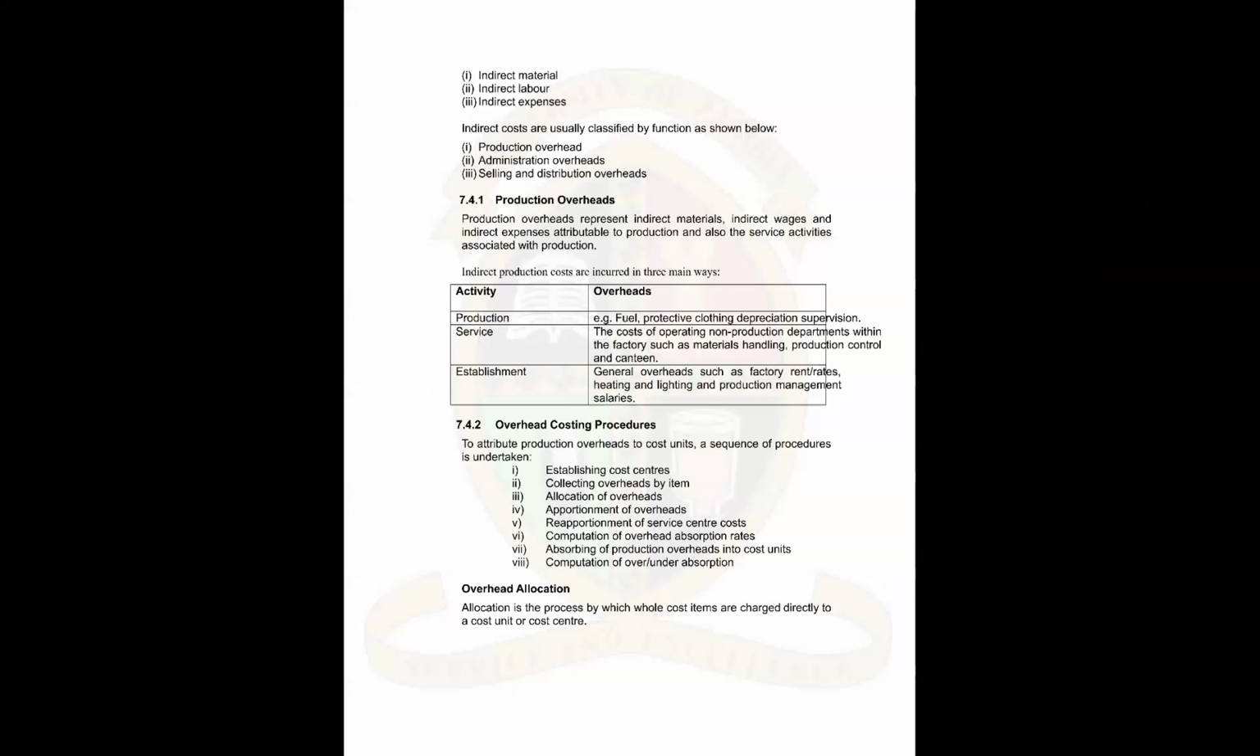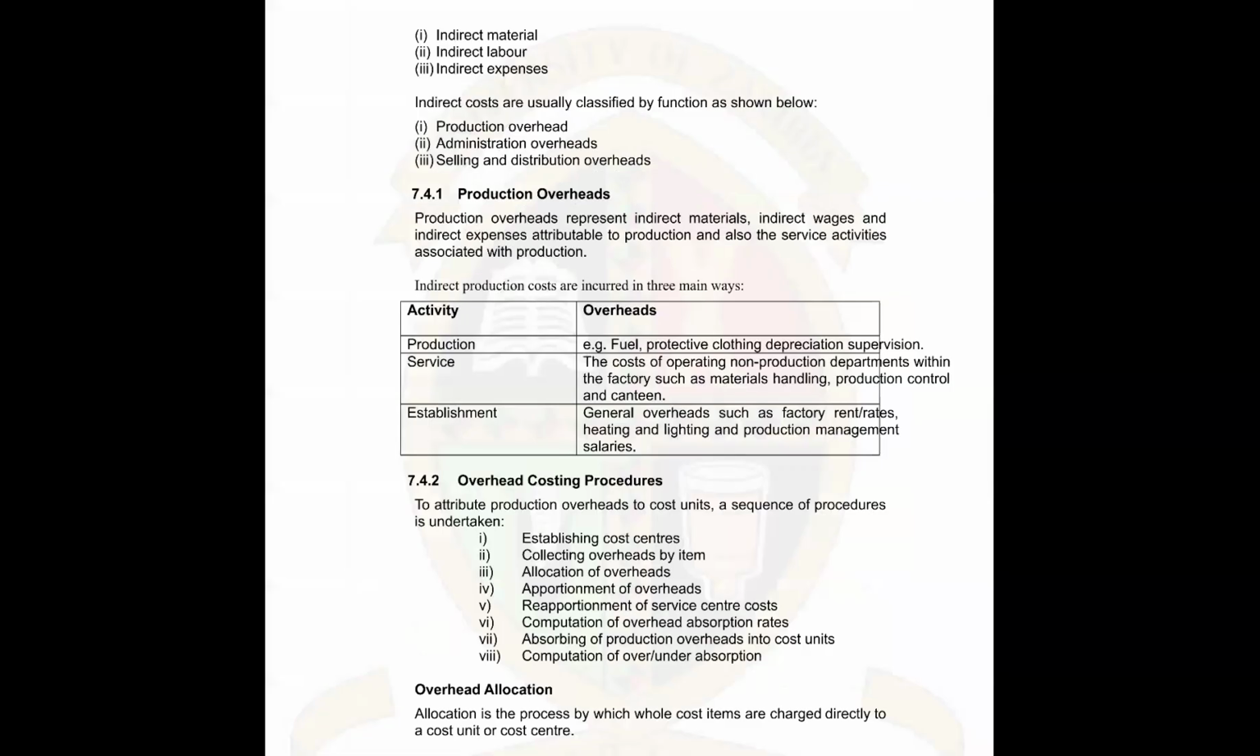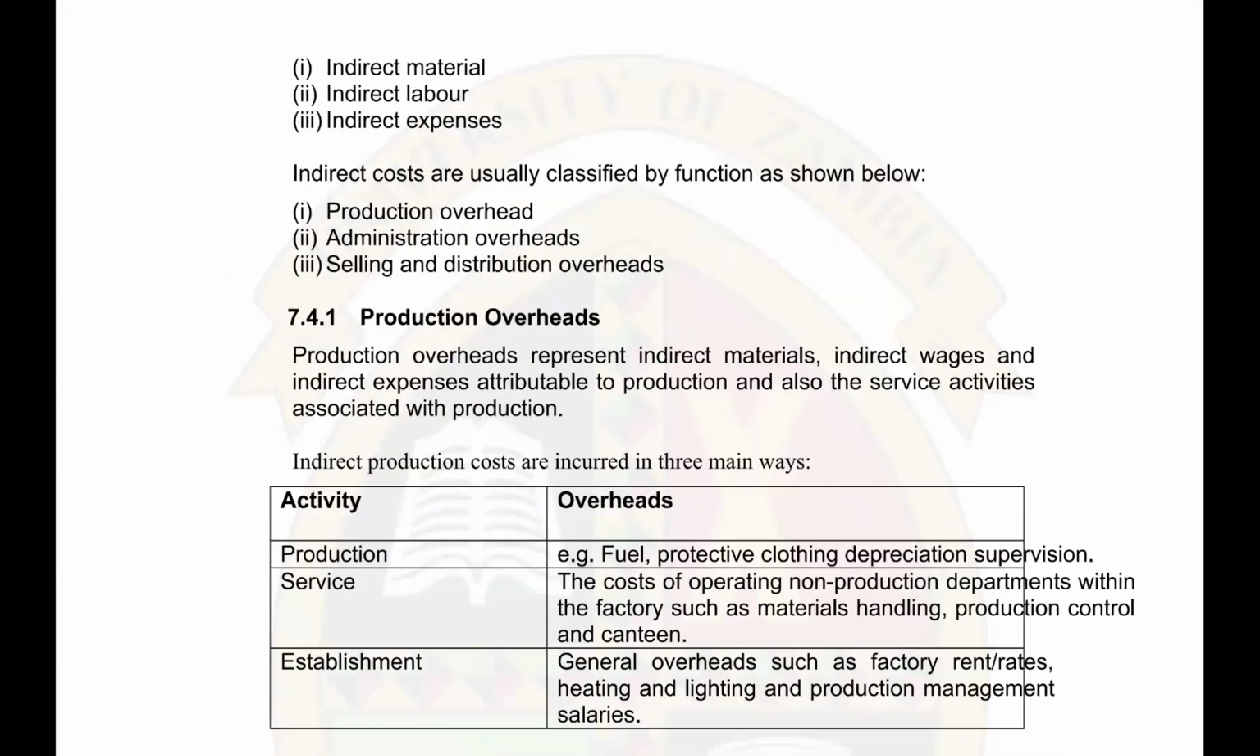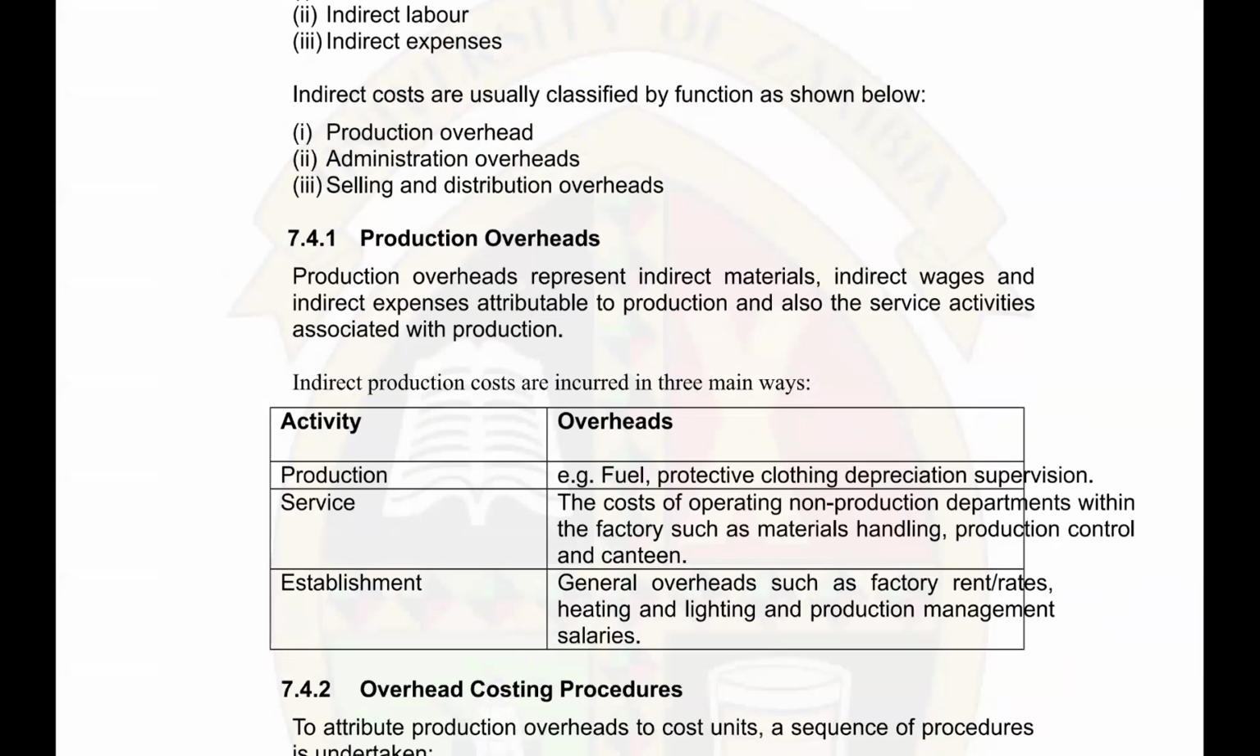Now, I want you to follow nicely so that when we start solving the questions, you understand what we are doing. I said that the indirect costs can be material, labor, or expenses. And you can further classify them as production indirect costs. Those are those that take place in the factory. We call them factory overheads. They are basically the overheads that are used